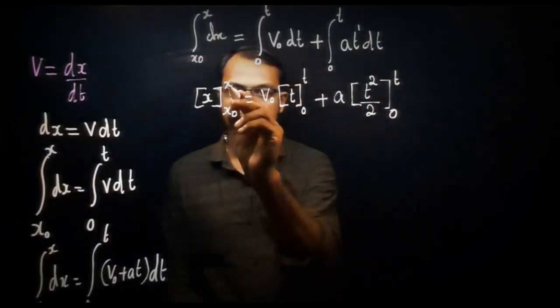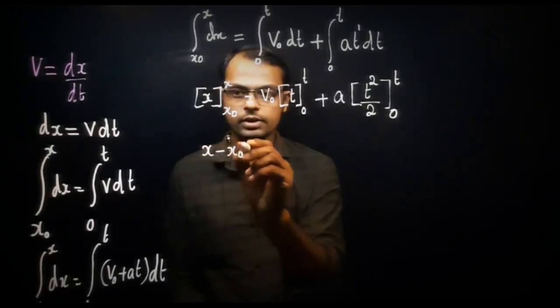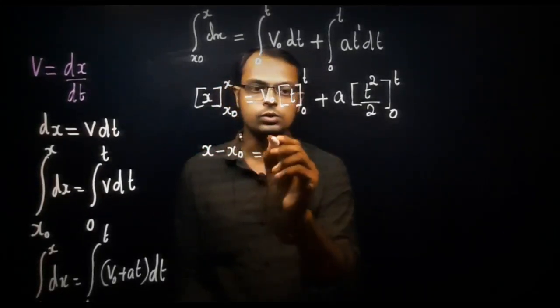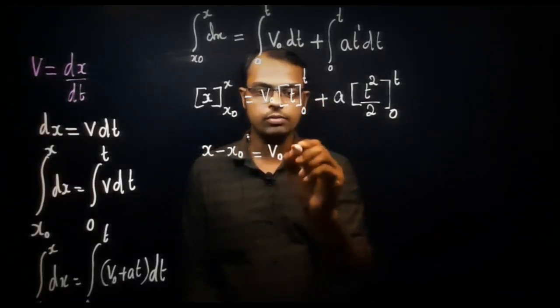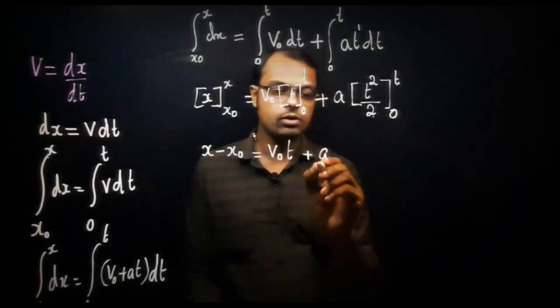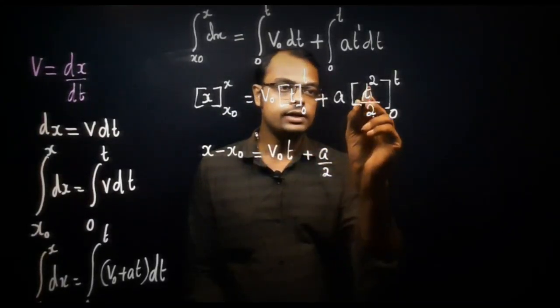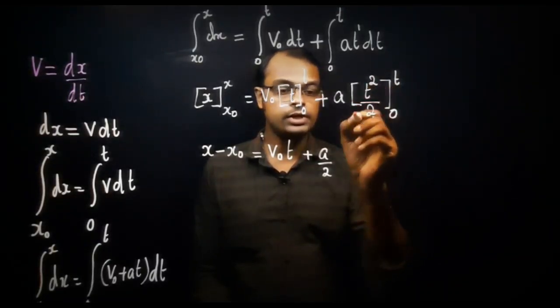What is the final equation? Upper limit minus lower limit. Upper limit minus lower limit in the given value is equal to v0 into upper limit you apply t minus lower limit same as t itself plus a, 2 can be taken outside. If you take the 2 outside, t square from 0 to t. Apply the upper limit, it becomes t square